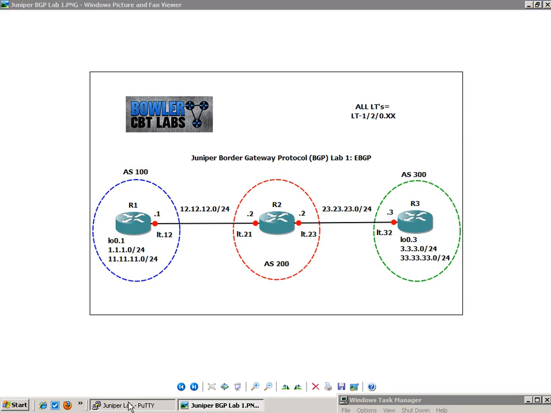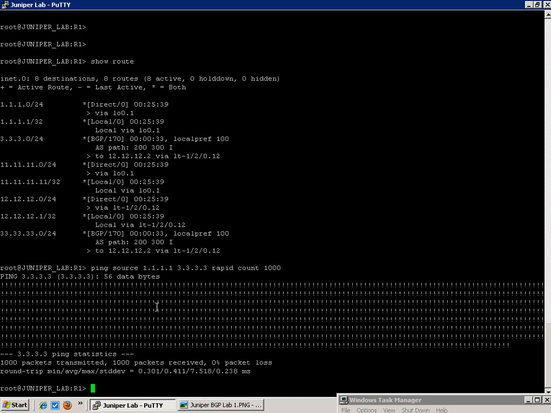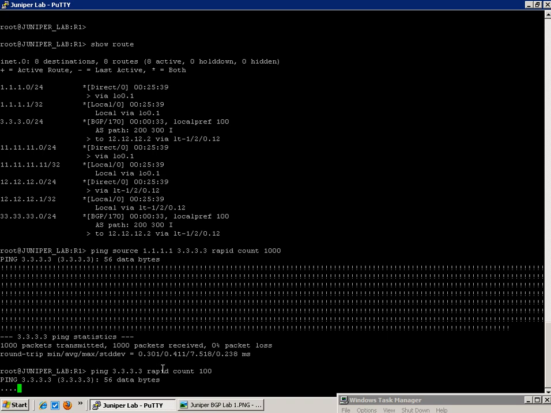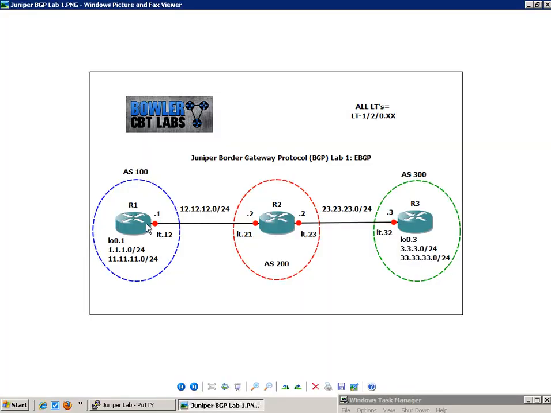So that's it. That's how you set up external BGP from a Juniper standpoint. There's a few different things that we had to do, and one of the things I also want to show you is, if we were to ping from router 1's point of view, just do a ping 3.3.3.3, just do a rapid count of 100, what you're going to see is that we're getting timeouts. And I'm going to go ahead and explain to you why this is happening. The source of our ping when we do this is going to be the exit interface on R1, which is the